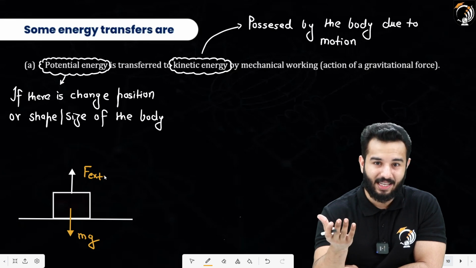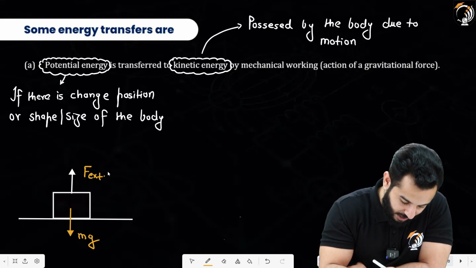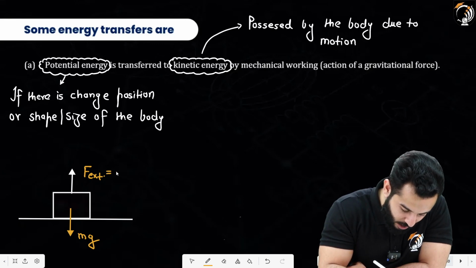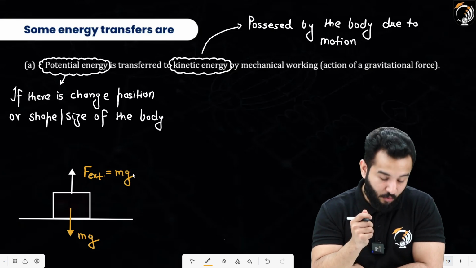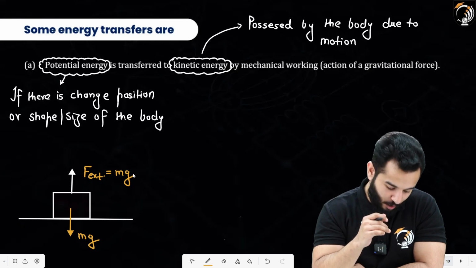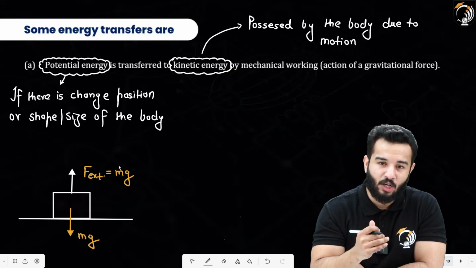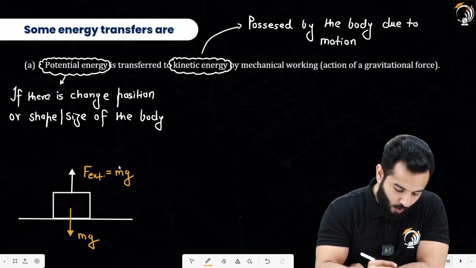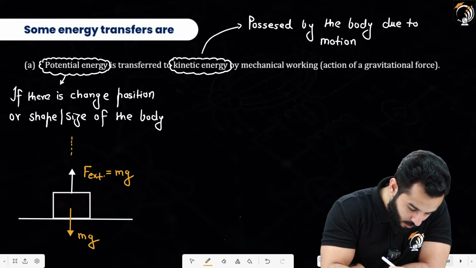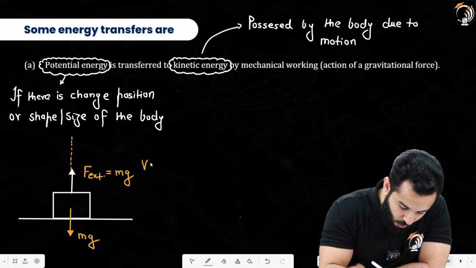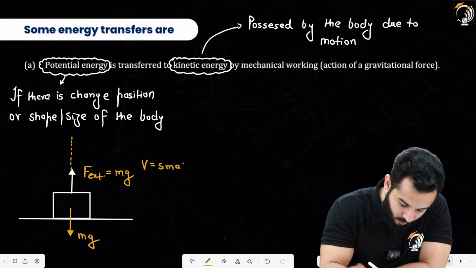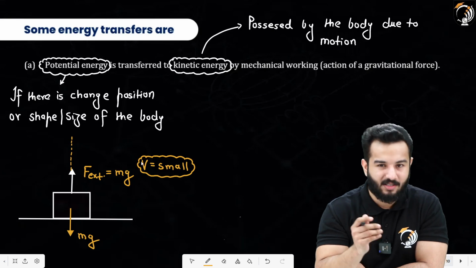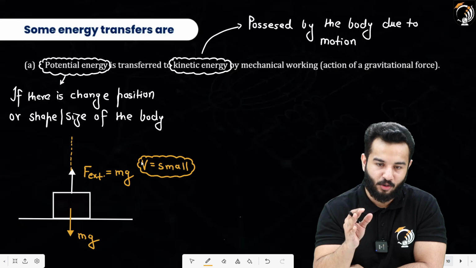the work done will be force times the displacement. And just to say to you, this force must be equal to mg. Now again, some of you might feel that there is a problem, because if these forces are exactly equal, how come it is going to ascend? What we are trying to do is lift this block with very small velocity. This should be very small, right? So that's why we are keeping it exactly equal, and it's a theoretical concept, so you'll have to